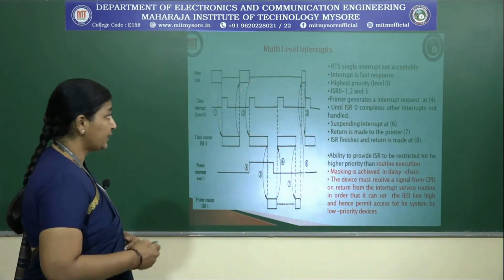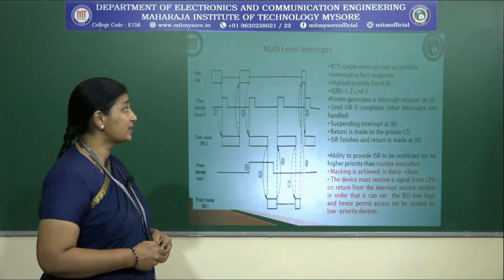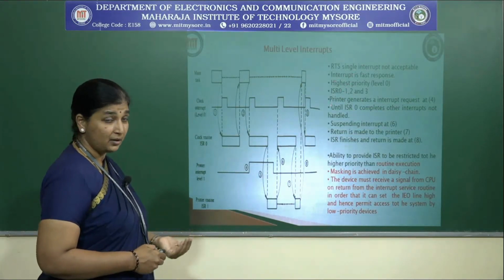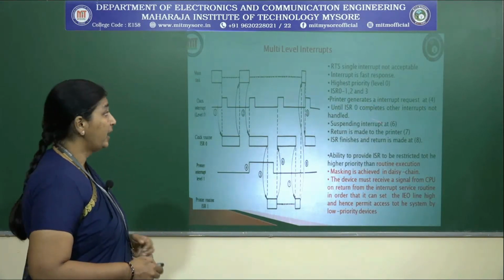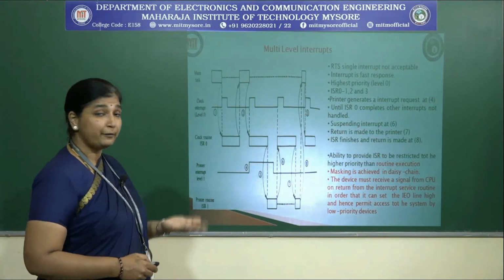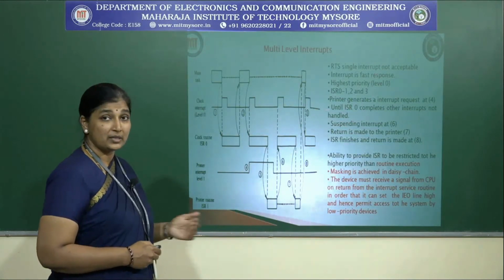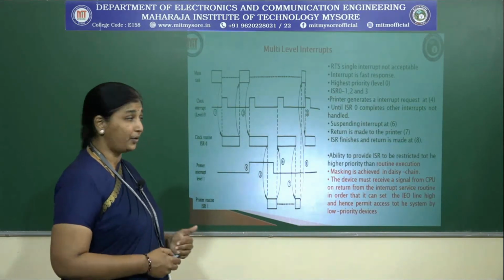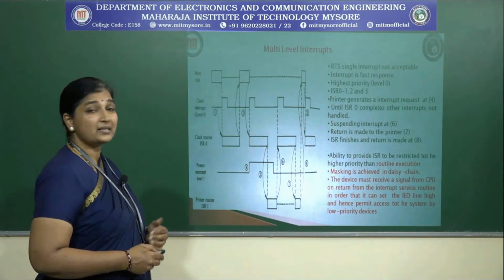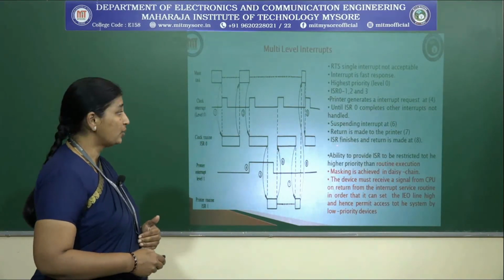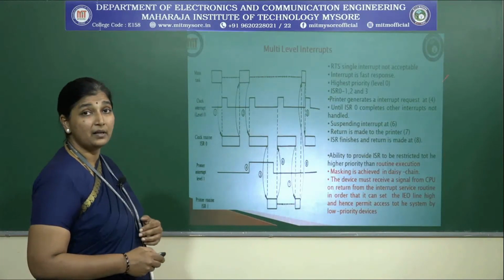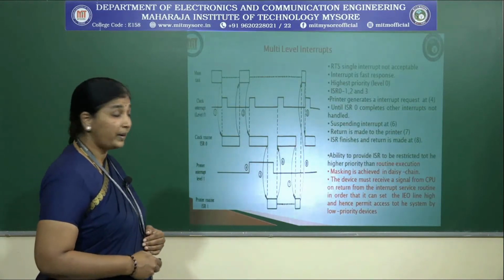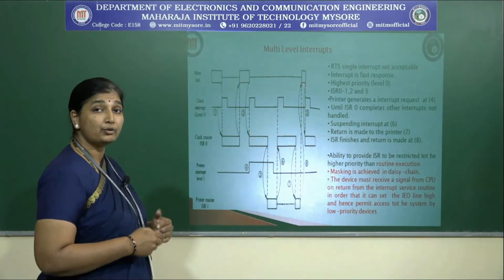So in this particular example, we have an ISR, that is interrupt service routine. Level 0 pulses 1, 2, 3 are being considered, and the printer generates an interrupt request at 4. Until ISR 0 is completed, it will not accept the higher priority level, though it is very important. So it tries to suspend the interrupt at 6. A return has to be done by the interrupt at the 7th pulse, and then it finishes all the level 0 interrupts and makes sure it goes back and returns to the main program.